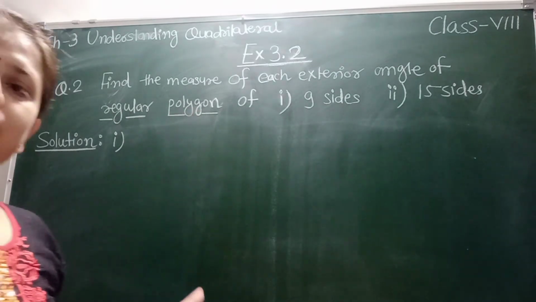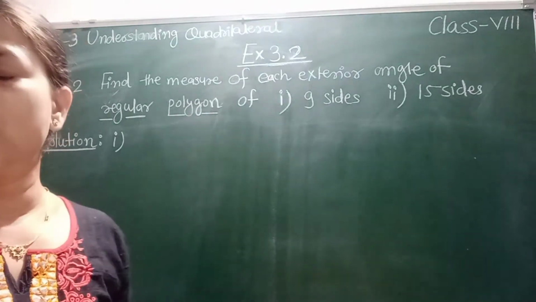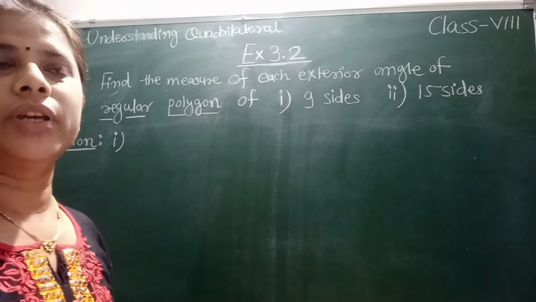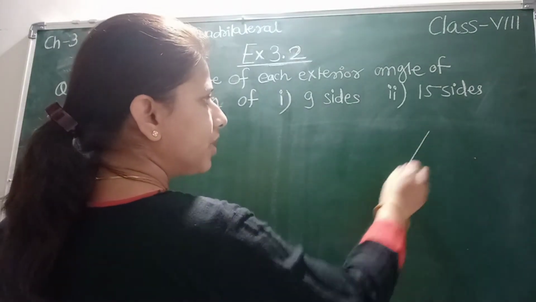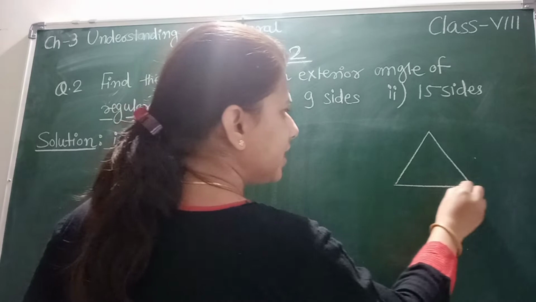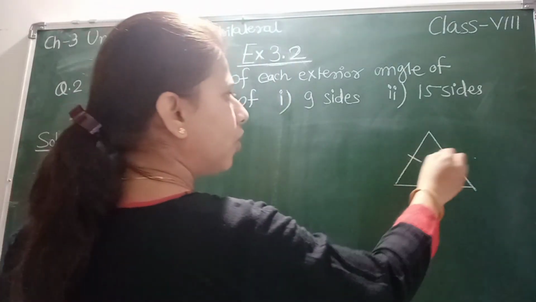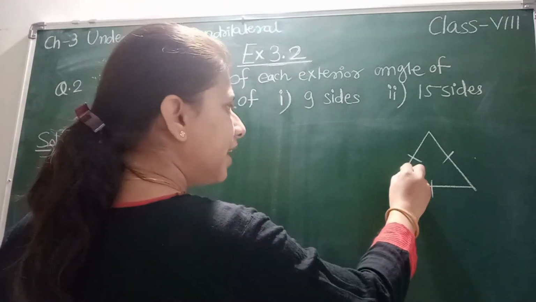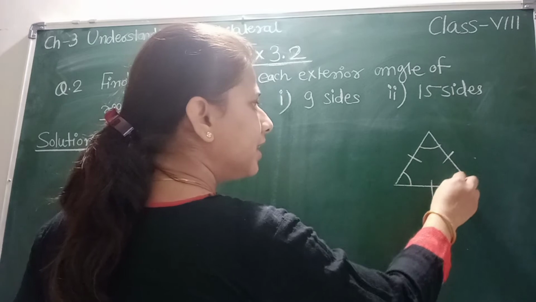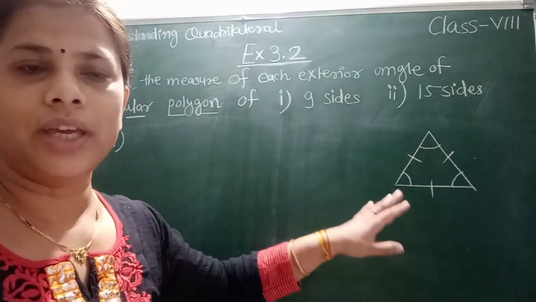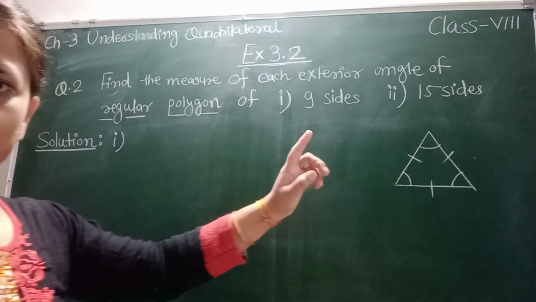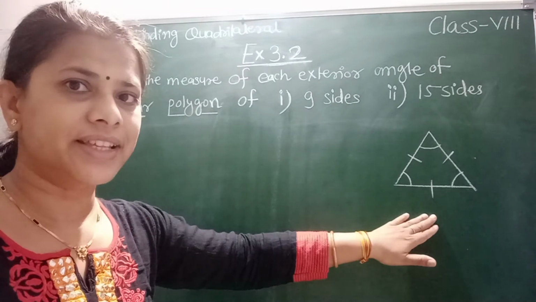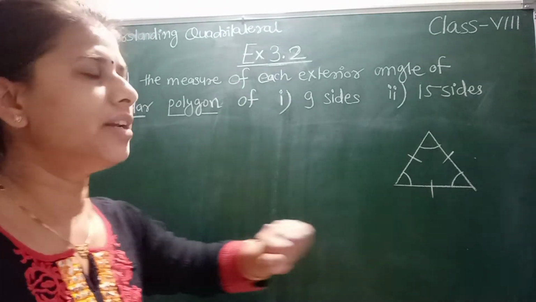A regular polygon, as we learned in the previous video also, student, is both equiangular and equilateral. And what is the meaning of equiangular and equilateral? Let's see for this triangle. As you can see, this one is a triangle. If in this triangle all sides are equal, it means this triangle is equilateral. And if all angles are equal, then this triangle is equiangular. According to that definition, this triangle is now a regular polygon. And which type of triangle is this? Yes, this is an equilateral triangle.